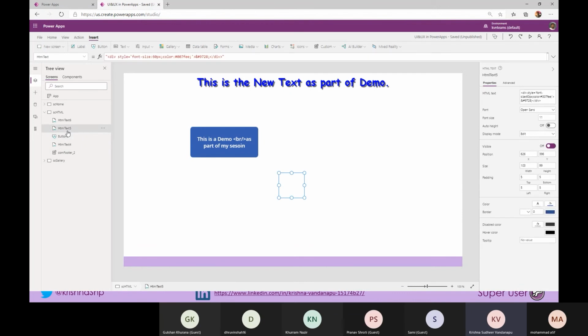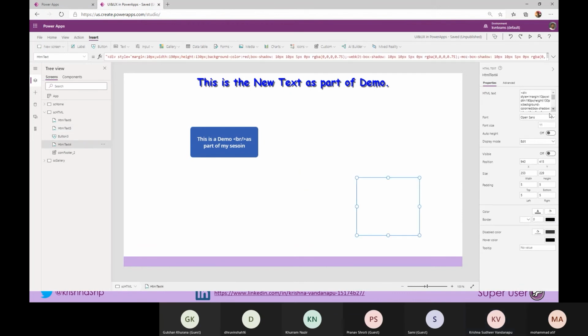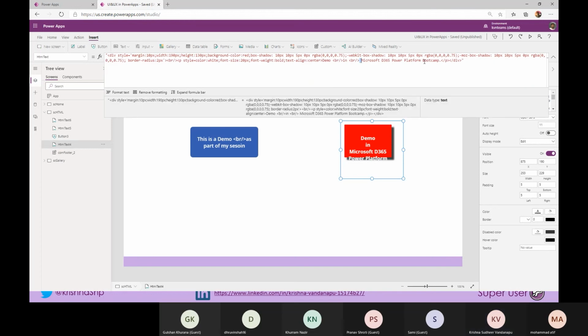But if I use an HTML control, I can play with the text the way I want. If I say this is a demo as part of my session, do you see that?